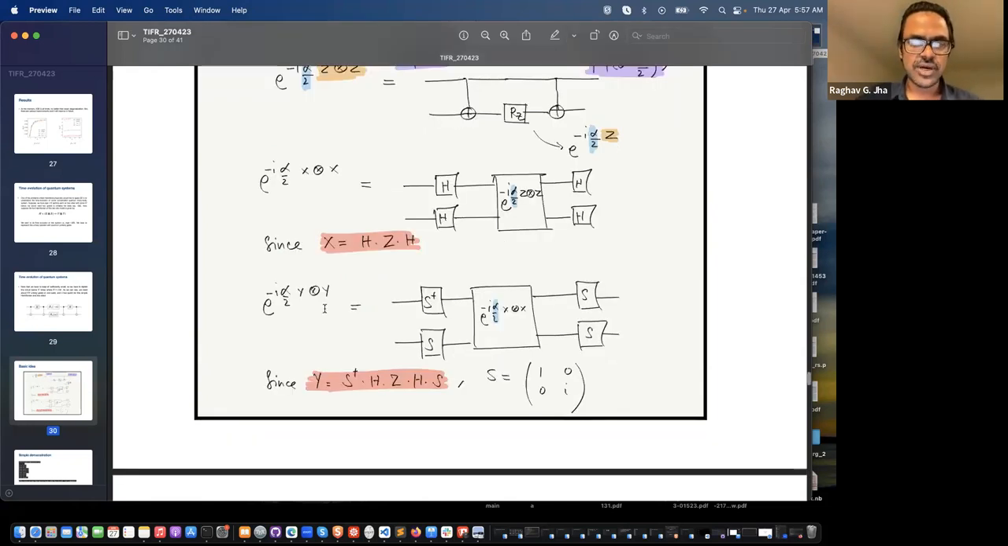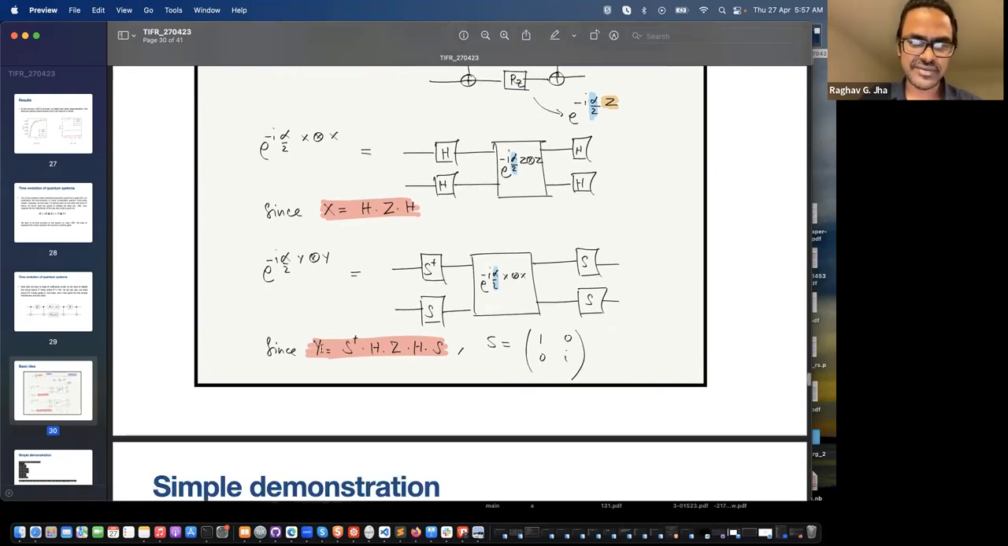Similarly, if my Hamiltonian is YY, just a simple YY Hamiltonian, and I want to do a time evolution of that Hamiltonian, how do I do that? For that, we can use the fact that the Y Pauli matrix is given by S dagger HZH S, where S is this phase gate and HZH is the same X gate. So we stick in S daggers on the left, there should be a dagger here, sorry. S dagger on the left, S on the right, and stick in the exponential of,